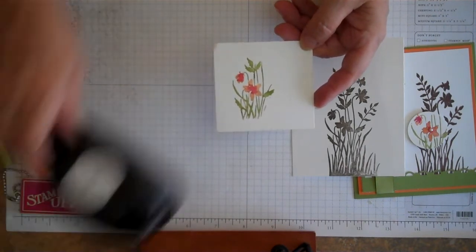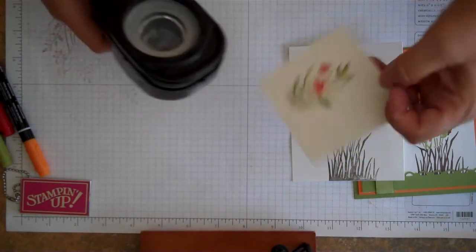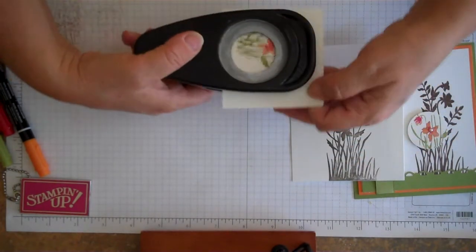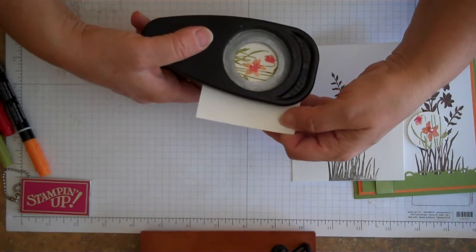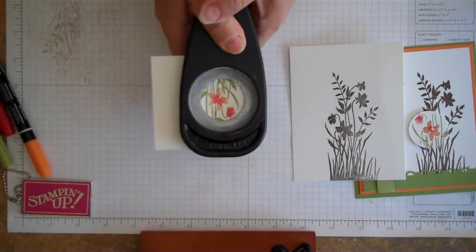So now we're just going to take, I'm actually using a 1 3/8 inch circle. You could use a smaller or a larger one. And we're just going to go ahead and decide what area we want to highlight. Well, I want the two flowers on there mainly, so that's where I'm going to actually put my circle punch